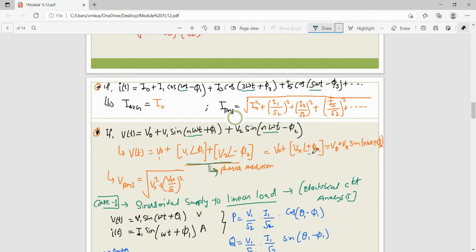So here the phase angle is Vx, right? And this is V naught. So V naught plus Vx at an angle of this. So replace this form into your standard form, that is the sine form. When you replace this, you will find your signal just like V naught plus Vx sin n omega t plus phi x, right?